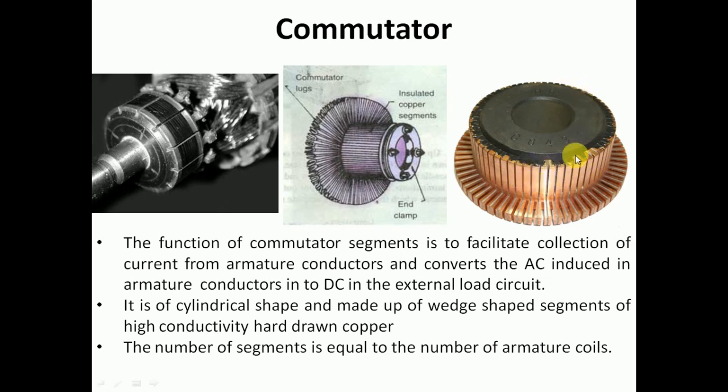The commutator is made up of numerous segments, as you can see in this diagram, and each segment is separated using mica insulation. The purpose of this commutator is to collect the AC current from the armature winding and convert it into a DC one. So it is also known as mechanical rectifier. It is generally made up of hard drawn copper. The factor determining the number of commutator segments is the number of armature coils present in the